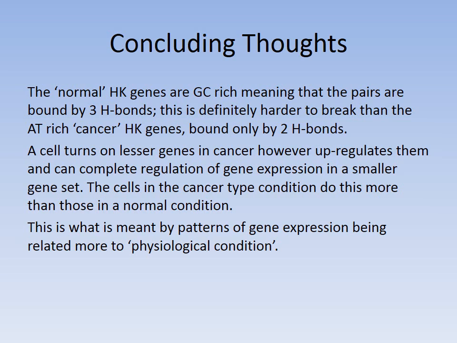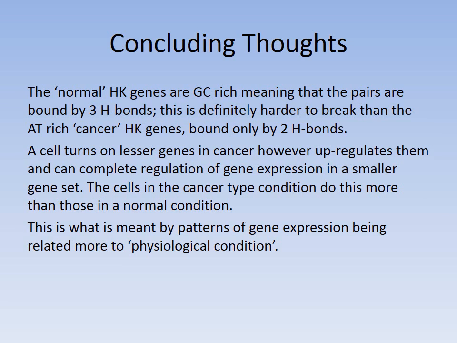An explanation for upregulating is that the normal HK genes are GC rich, meaning the pairs are bound by 3 H bonds. This means they're harder to break than the AT rich cancer HK genes, bound only by 2 H bonds. At the same time, DNA needs less energy to transcribe, thus concluding that higher gene expression can be discarded from